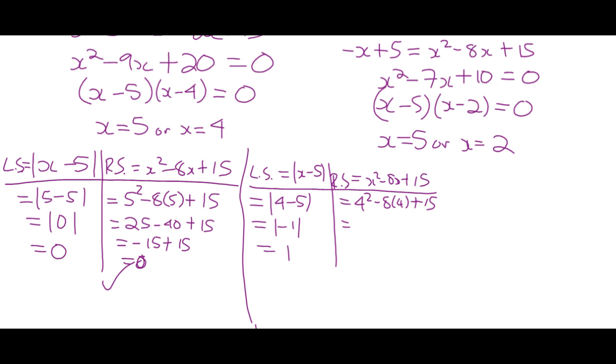Now what you're going to find is this side is going to come out to negative 1, right? It's still going to be a 1. Okay, it's going to be a negative 1, right? Because that's why that solved with that. It gave you a negative 1 there. So 16 minus 32 plus 15, which is negative 1, and then we reject that, right? And the last thing we have to check is